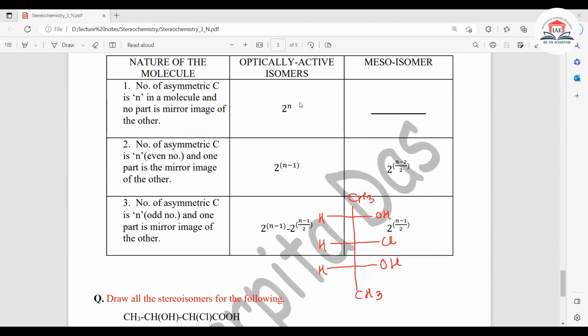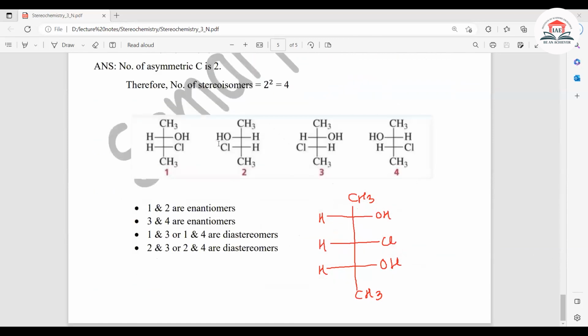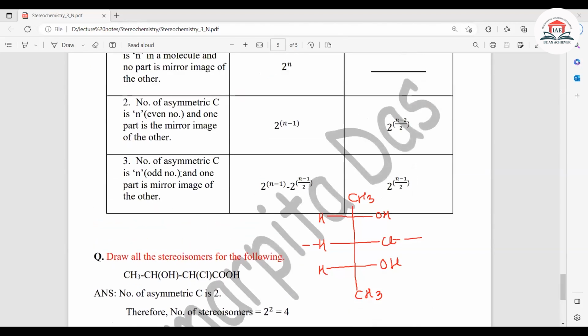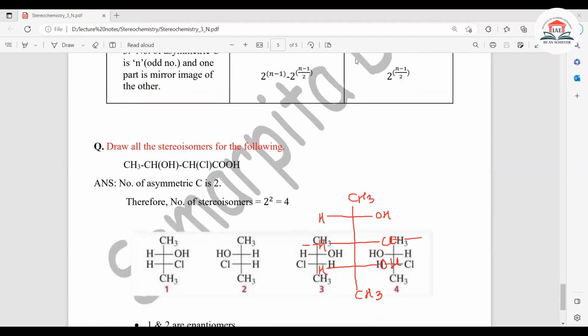So there would be 8 optically active isomers, because here no part is a mirror image. But here I changed the molecule a little so that a mirror image part comes in, because now, through the center of this molecule there is a mirror plane which is dividing the molecule into 2 equal parts. So that means it goes to the third category. Number of asymmetric carbon is odd and one part is the mirror image of the other. So according to the formula,